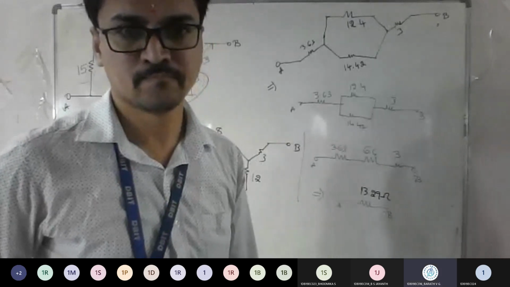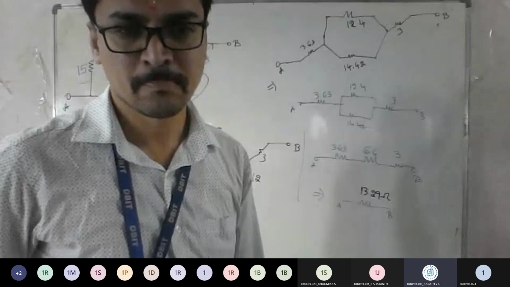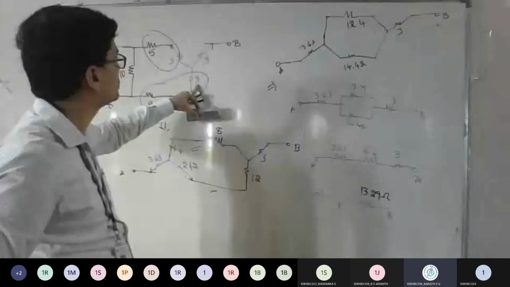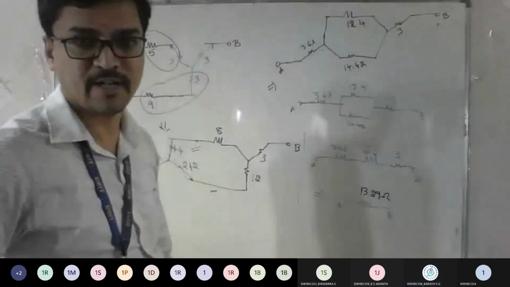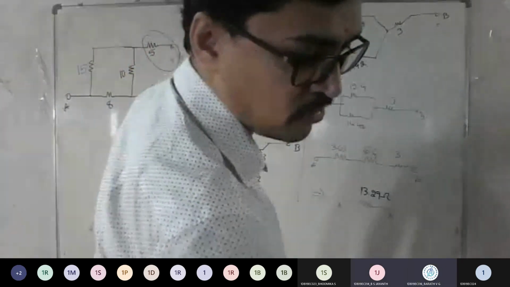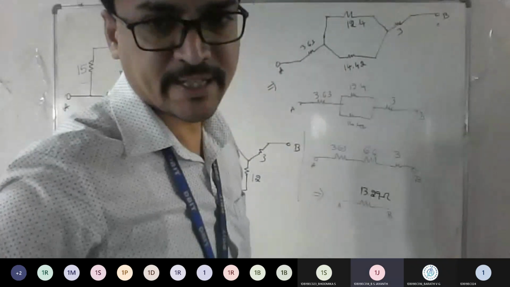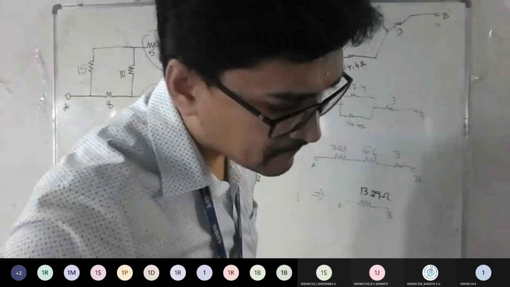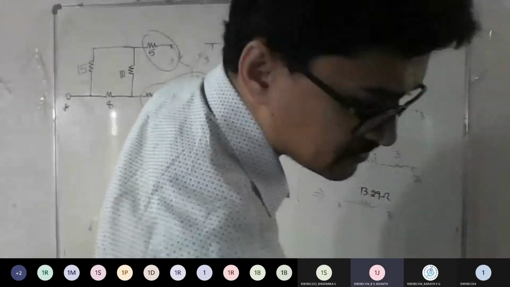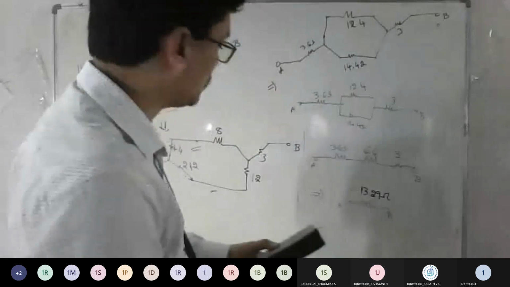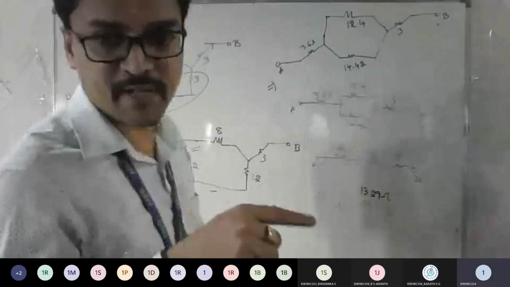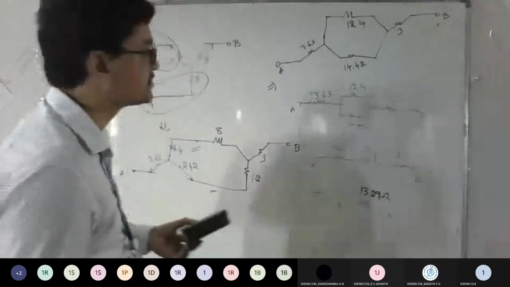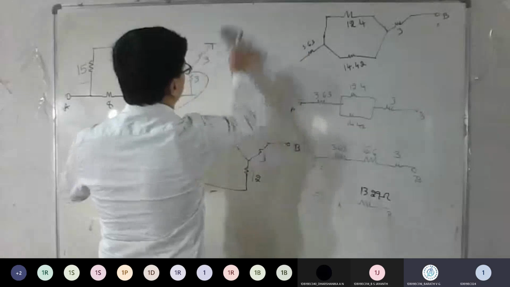Yeah, Bharat? Sir, at starting, how we will get 3 ohms, sir, during delta to star conversion? This one? Yes, sir. So what was the value given here? I don't tell you, you only told the answer. I think 9 value, sir. Did I give different values or were all the same 9 value? All were 9, sir. All were 9? It was 10 plus 9, 3 combination. 9, 9, 9, right? I gave 10, sir.